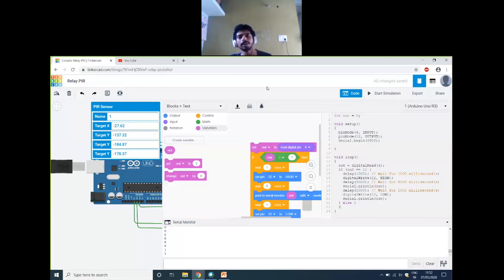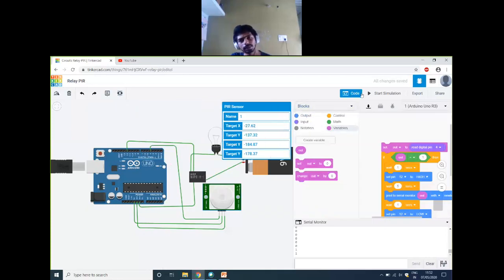Like you create some basic circuit in this, and later on you want to change some things. After copy pasting it in your real-time hardware sketch, you can change it, and you can make the code as per your application.